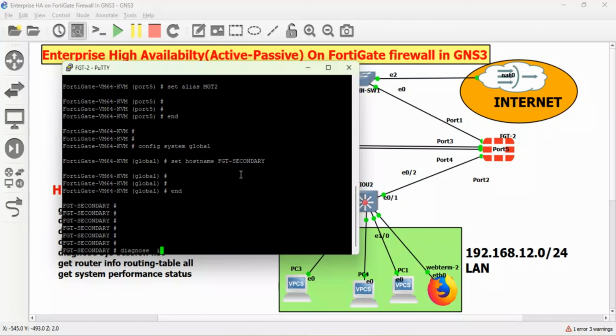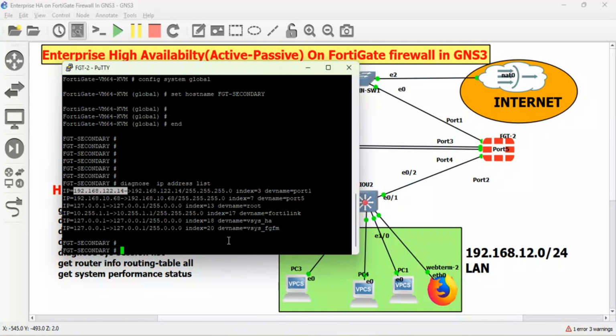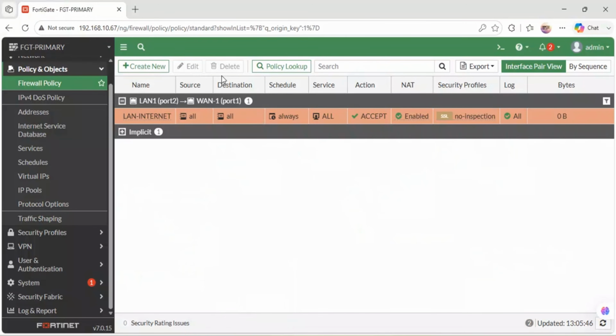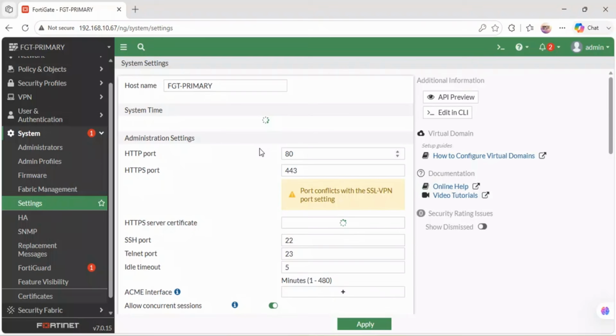We use diagnose IP address list. You see it has received 68. Then our one port is this one. Just up here and then paste here and then that is it. So this is the IP for this. So I will use 67 here, but before I access the next firewall, the backup firewall in the browser,